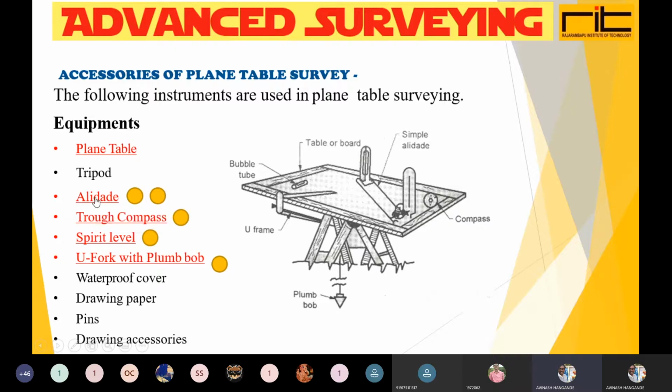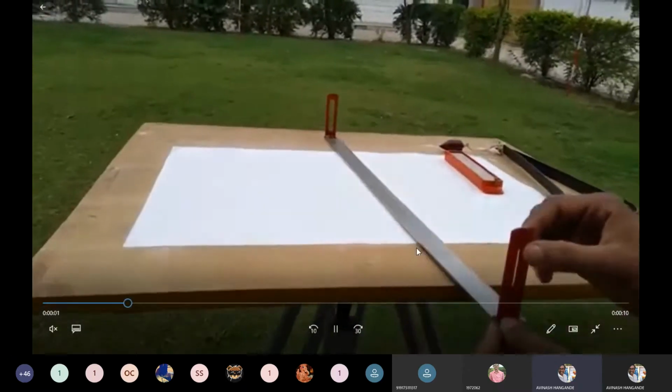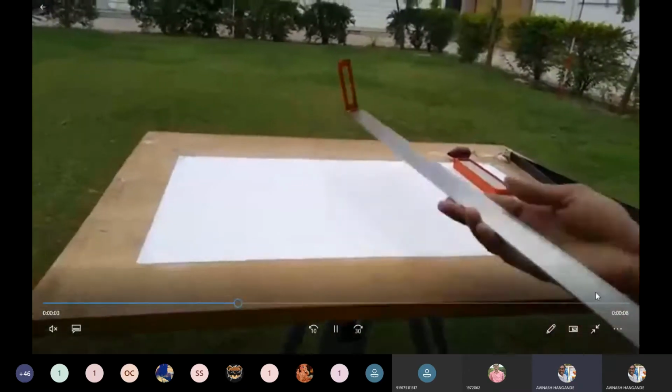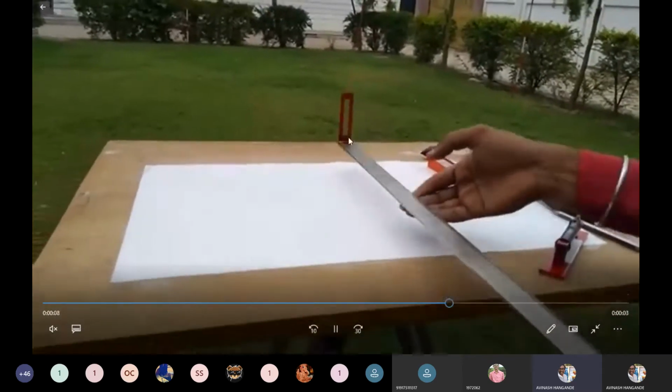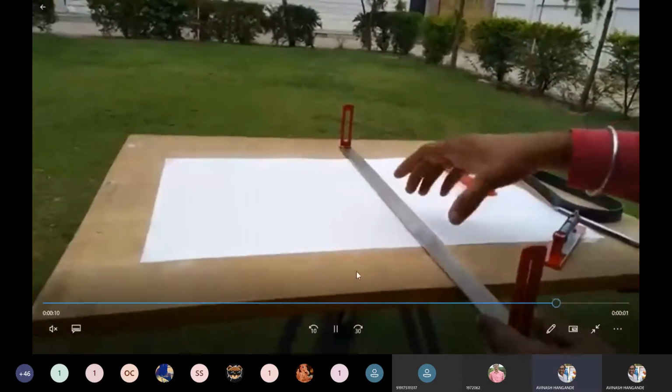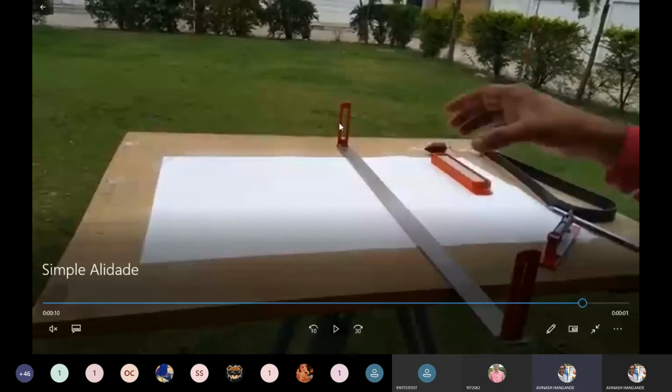Then we see what the alidade looks like. We had seen it, but here is the alidade. Here are the two vertical slits, one slit here, one slit here, with a scale. Now we can observe that at this end the vertical slit has more gap, and here we have less gap. So what are the components of this alidade that we have to see?